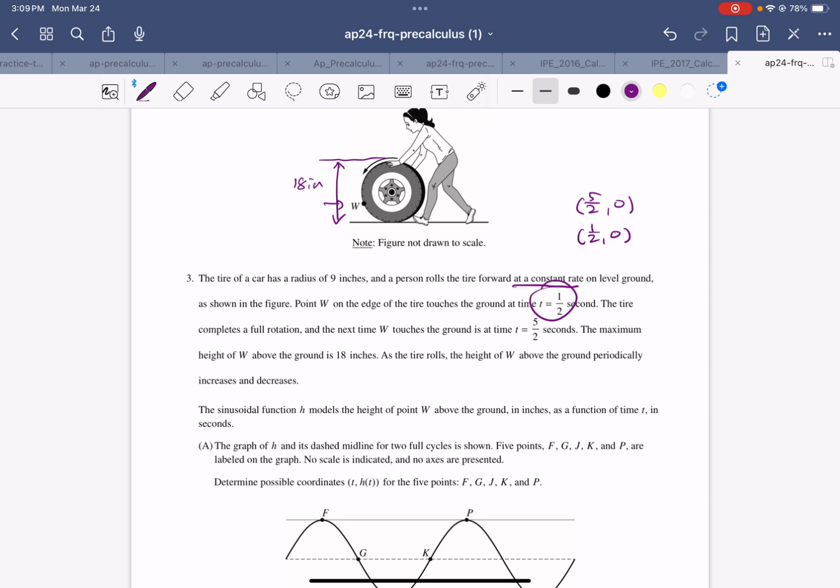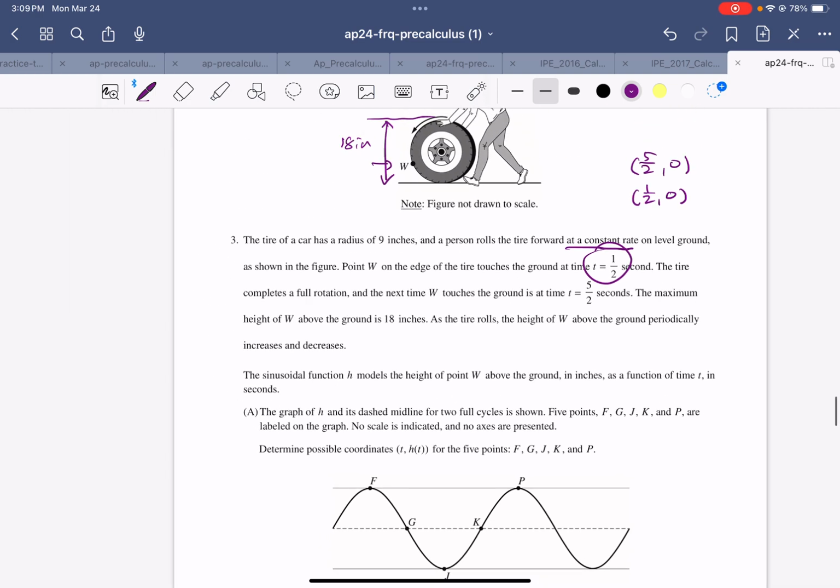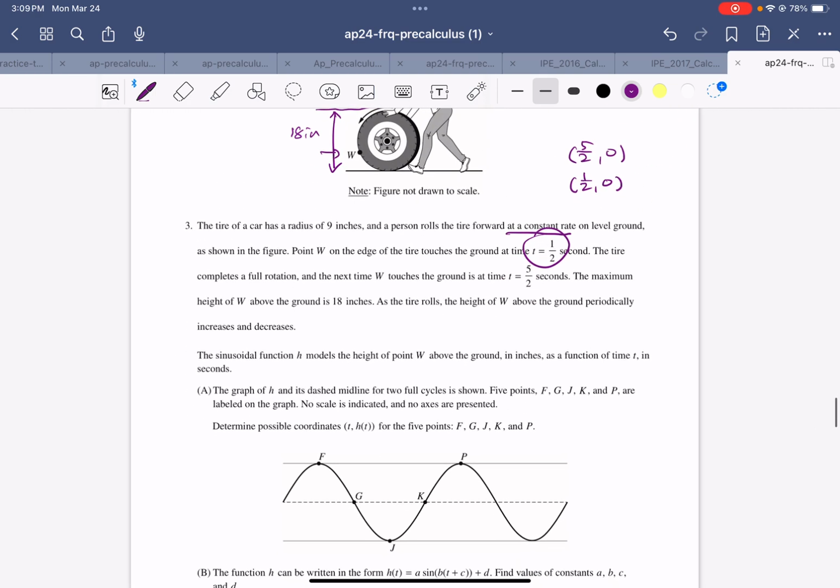The sinusoidal function h models the height of the point W above the ground, in inches, as a function of time t in seconds. A: the graph of h, each dashed line for 2 full cycles, is shown. 5 points F through P are labeled on the graph, no scale is indicated, and no axes are presented. Determine the possible coordinates. Okay. So based on the description here,